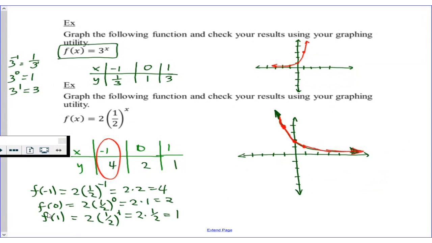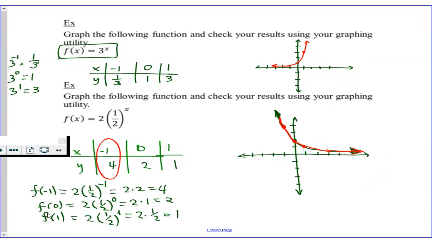Okay. So you don't have to remember the properties of exponents. If you just put that number in the calculator, it will give you those answers: 4, 2, and 1. All you have to do is evaluate the expression. And I think in MyMathLab there is a graphing tool. So try to practice on that graphing tool. If you give it 2 points, it will automatically graph the function, I think.